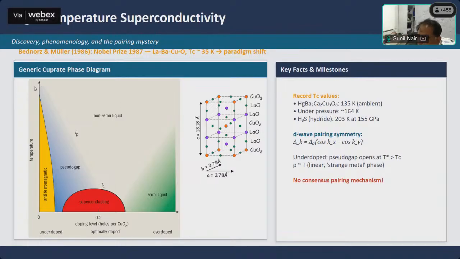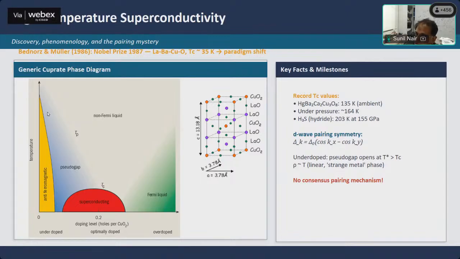All right. So this is the generic cuprate phase diagram. These materials start off as being antiferromagnetic Mott insulators. The y-axis is temperature, the x-axis is the doping in the copper oxide plane. On the right here is the bare structure of a lanthanum cuprate system. From one family to another, there would be small differences, but the takeaway message here is that all the action happens in this 2D layer of copper oxide. And to begin with, there are no holes in this copper oxide layer. And so at that point, the system is an antiferromagnetic insulator.